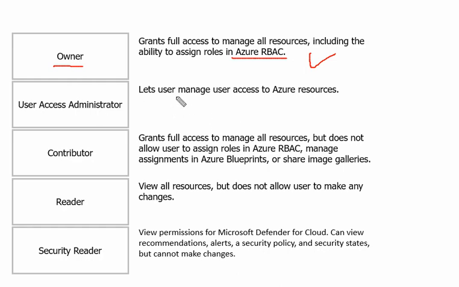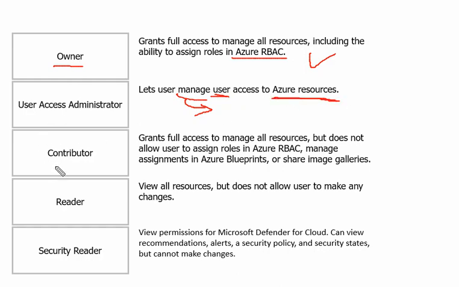This role lets the user manage other users' access to Azure resources. So in manage, they can assign permissions to other users, and maybe they can revoke permissions from other users as well. So they can manage user access in entirety to Azure resources.